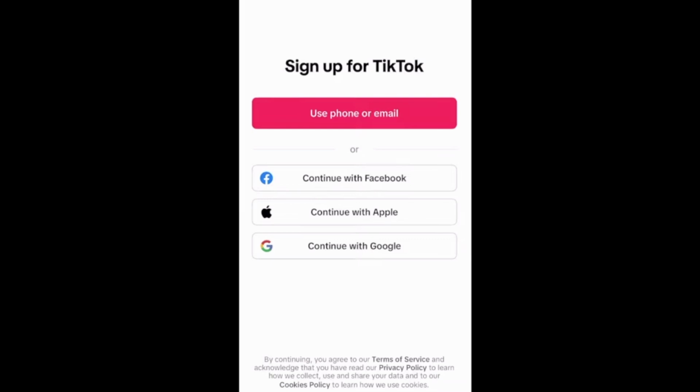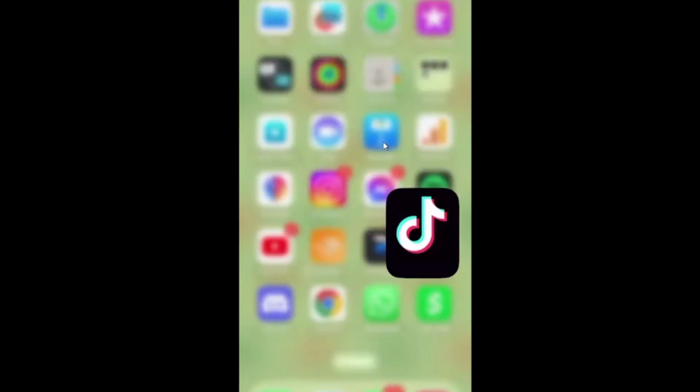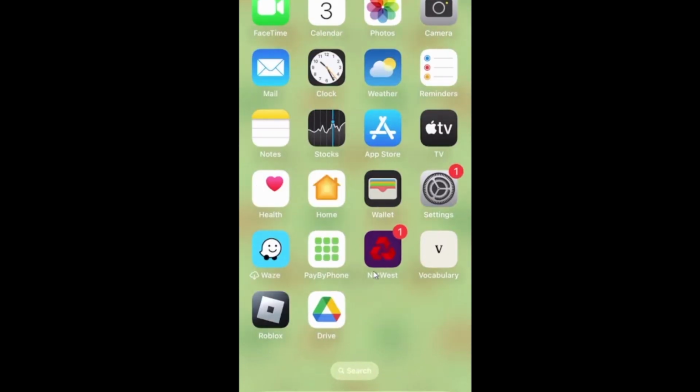Hello my people, in this video we will see how to fix TikTok authorization failure on iPhone. The first step is to download the app, in this case TikTok, right? And next we have